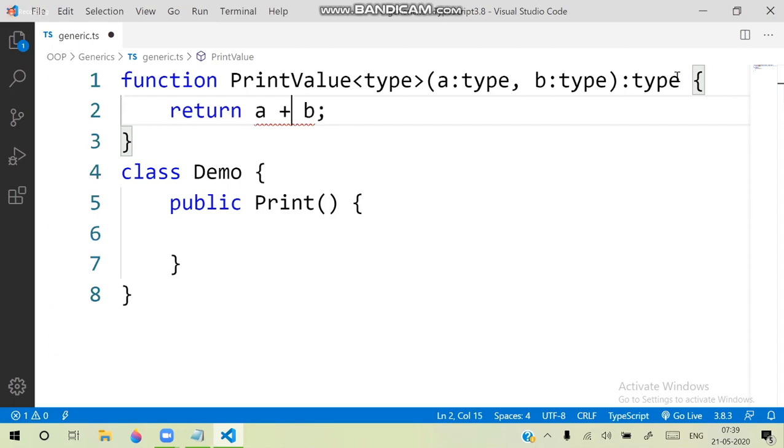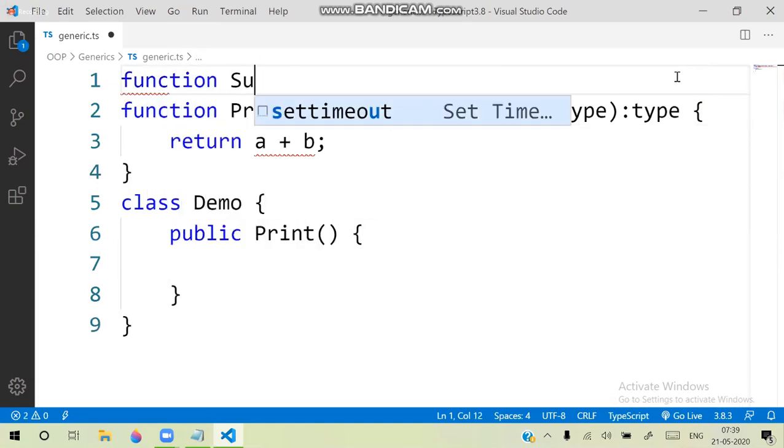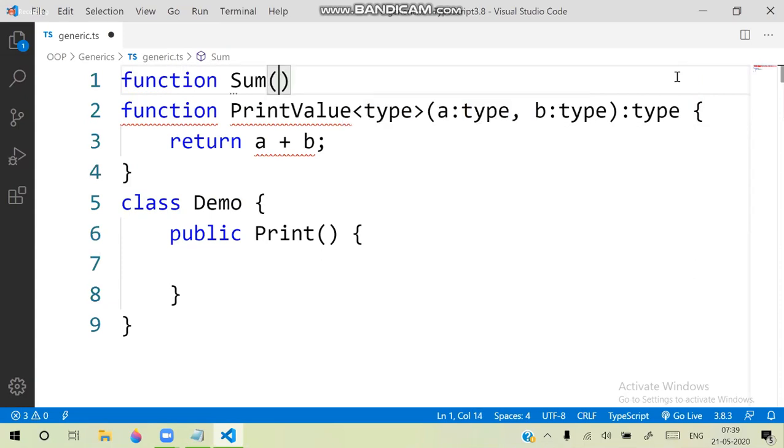If it is a string, it will concatenate. If it is a number, it will find the sum. Then generally we can't directly use an operation. First we have to create a function. Sum is a function. This sum function is accepting A and B,